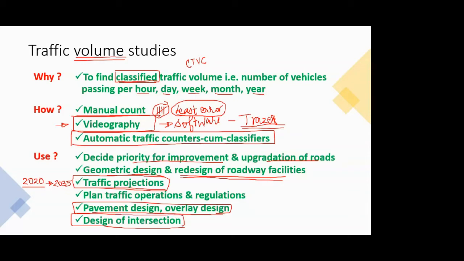Now, particularly what you need here is a TMS study. TMS is nothing but turning movement survey. So you need to specifically find out the intersection, or if you have to design this intersection, you need to specifically deploy people or do such a videography survey that it will cover all the movements, whatever are there in this intersection.